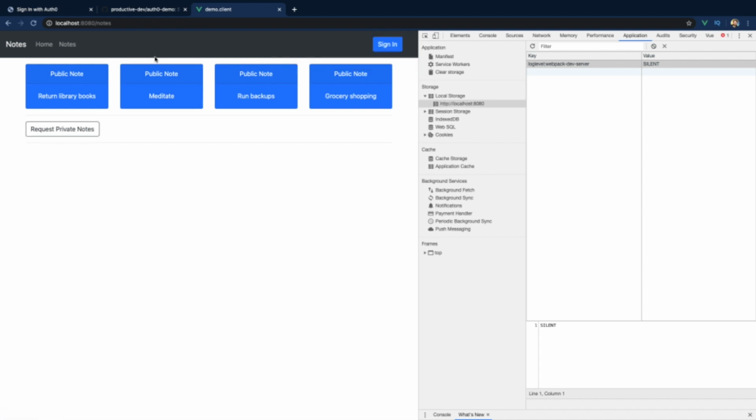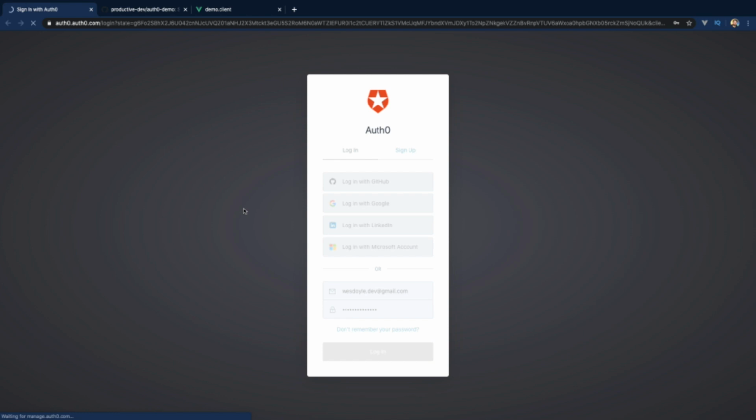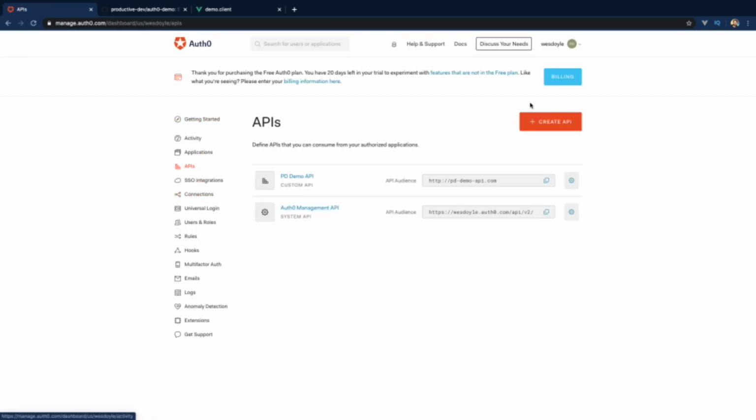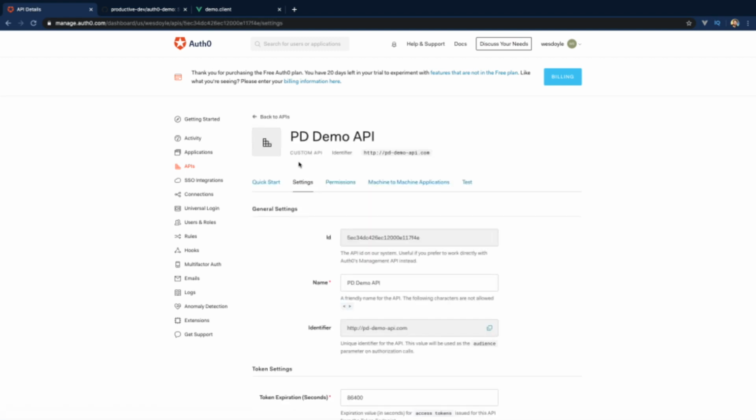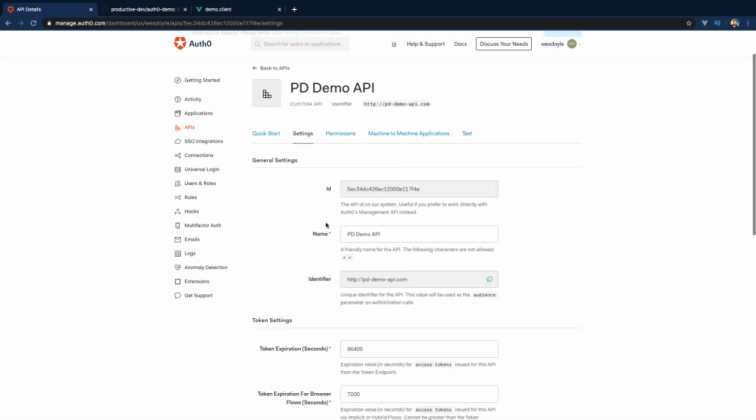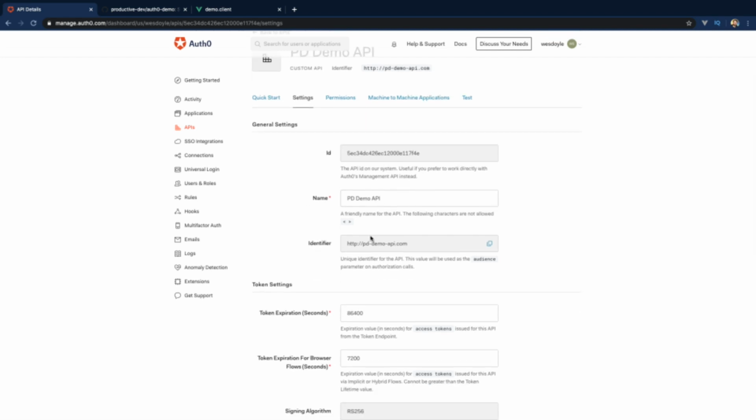Let's head over to Auth0 to look at how we set this up. I'm going to log into Auth0. And then what I've done here is I've created an API. So you'll go through and create an API. I've called this one PD Demo API. You're going to get an ID for the API, and you'll be able to provide a name and then an